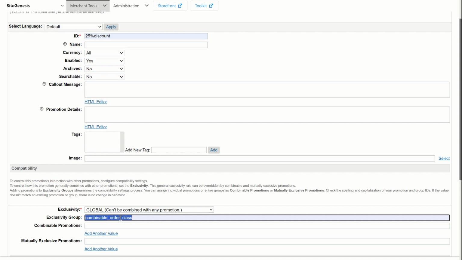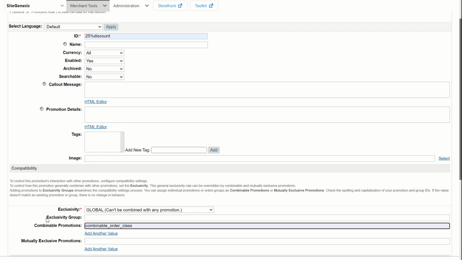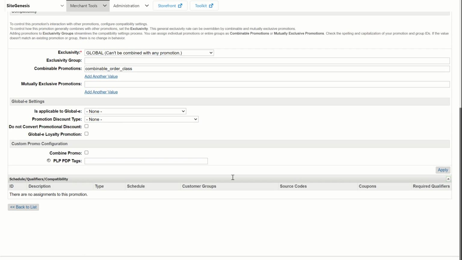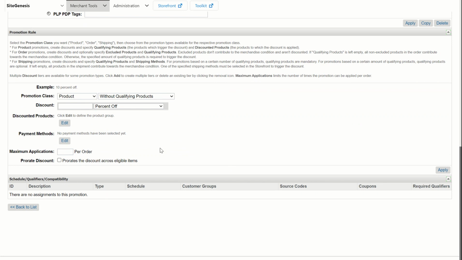So this is the class that you'll have to define in those three promotions, and then you can simply specify this exclusivity group under the combinable promotion. So what it will do is, for this promotion, those three promotions which are part of this exclusivity group will be combinable. Once you do it and you simply click on apply, after that you'll see the list of different